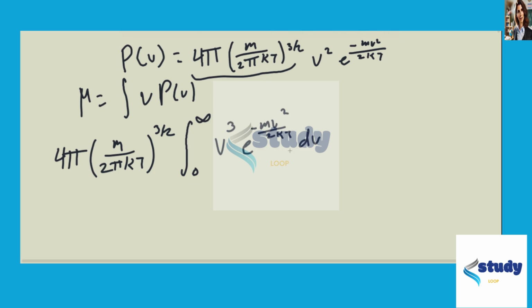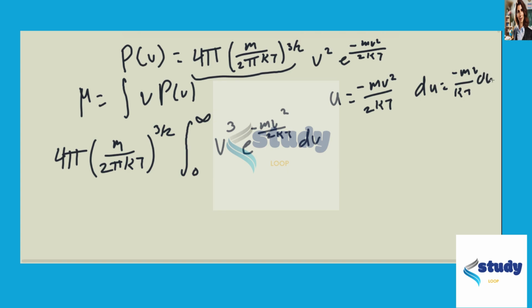So what would make things way easier is if we could write these complex pieces in terms of something much simpler, right? Which is really what u substitution is. So I'm going to have u equals negative mv squared over 2kt. And I'm mainly choosing it because it's the ugliest piece, okay? So that'll really make things easier. So now du is negative mv over kt